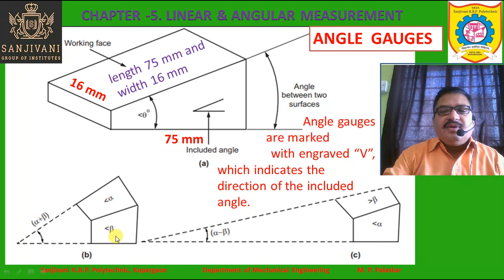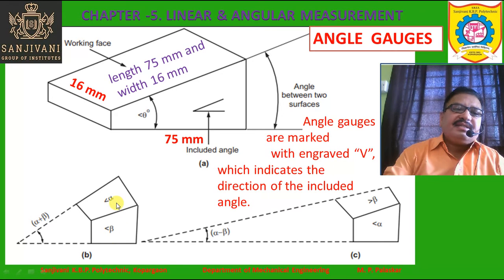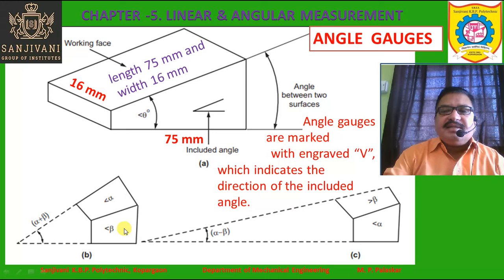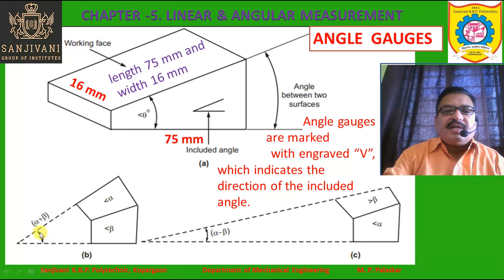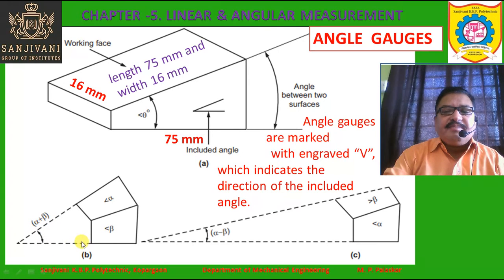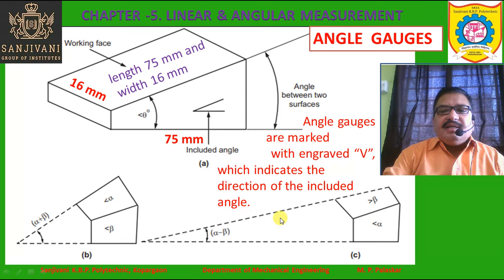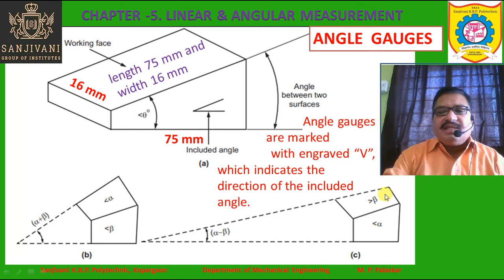So these two angle gauges are combined in such a way, they are wrung and combined in such a way that the total included angle is nothing but alpha plus beta. So this is the total included angle, and that is alpha plus beta. But you can change one of these, alpha as well as beta. So in this case this beta is changed and